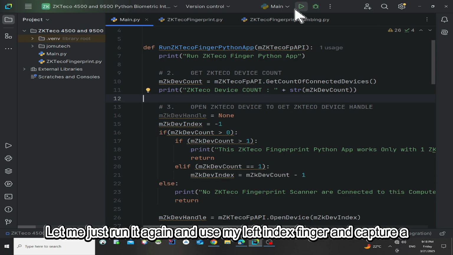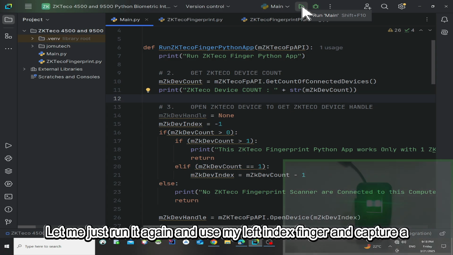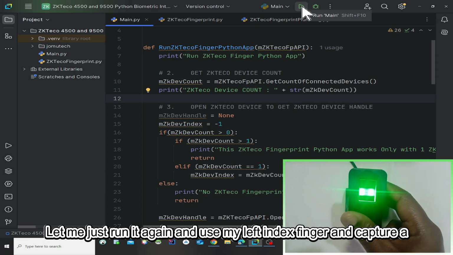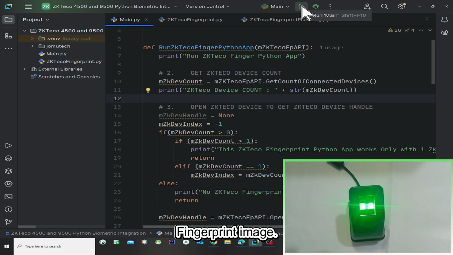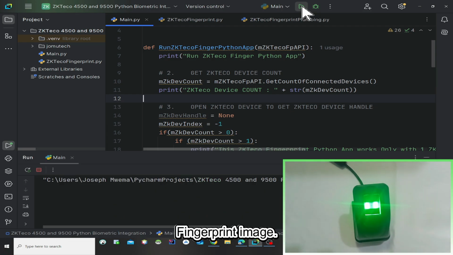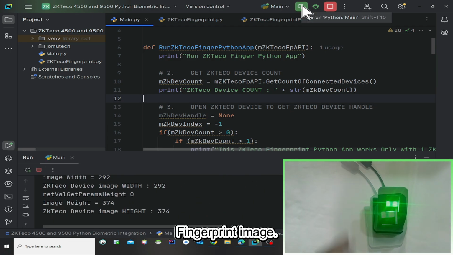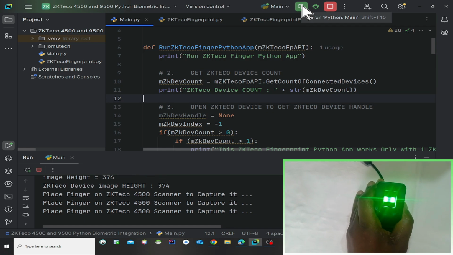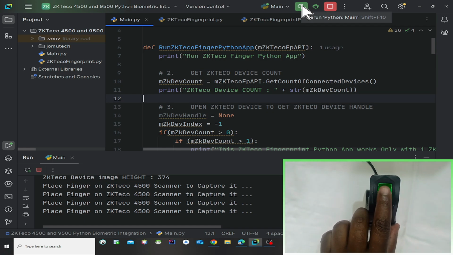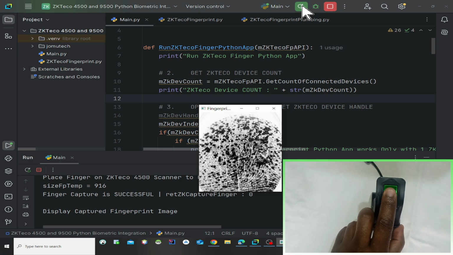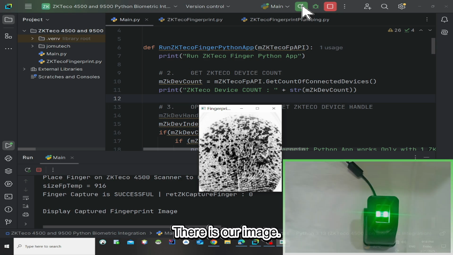So let me just run it again, and use my left index to capture my left index fingerprint image. There is our image.